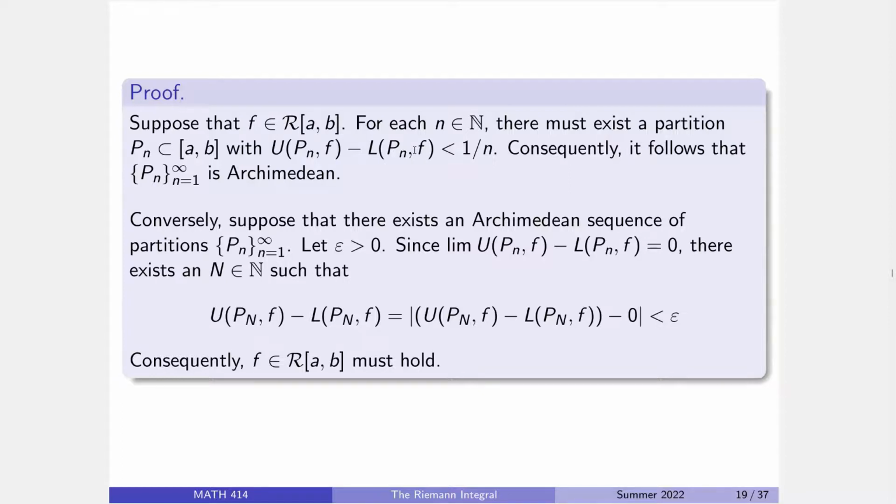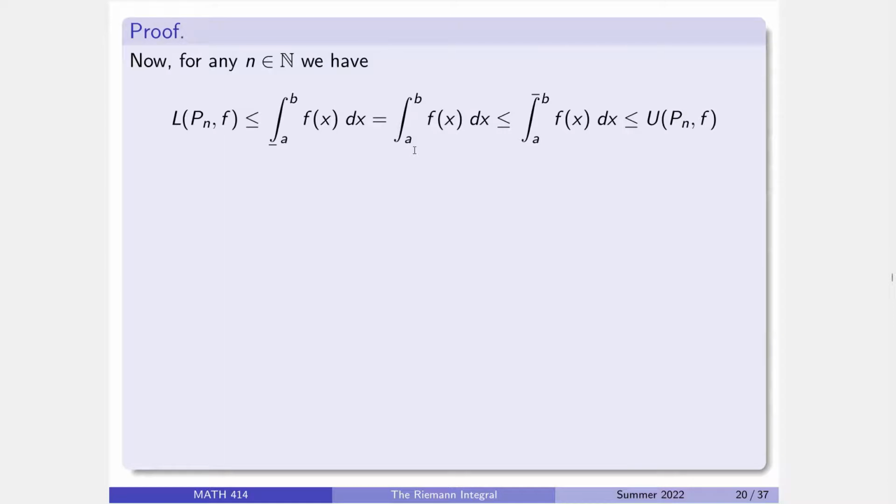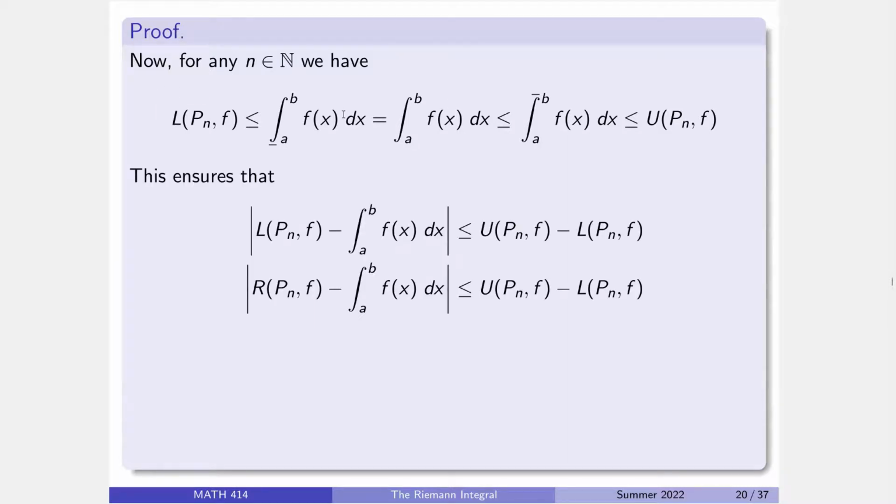But now note, one last thing we need to prove, that the limit of either the lower or upper Darboux sum of the Archimedean partition actually gives us the Riemann integral. So note that this is true. Now, this means that if I look at the absolute value of the lower minus this, it doesn't exceed that. And if I look at the